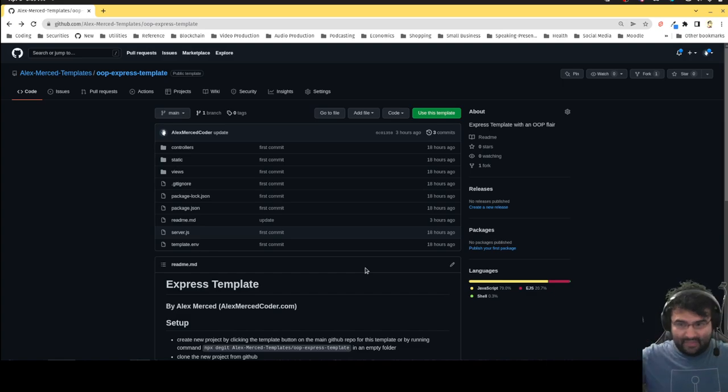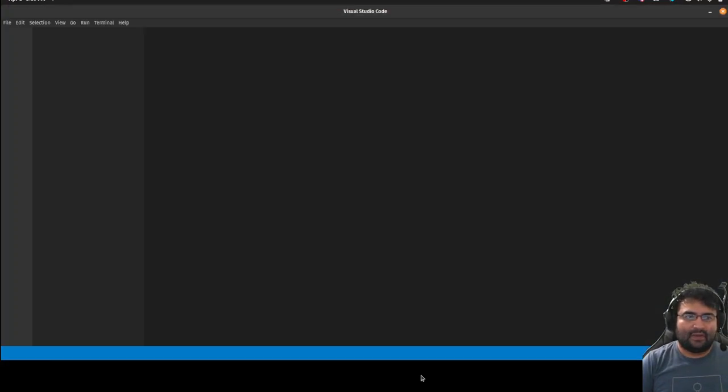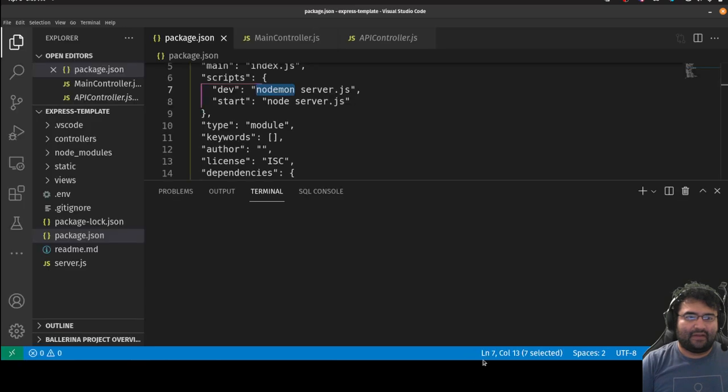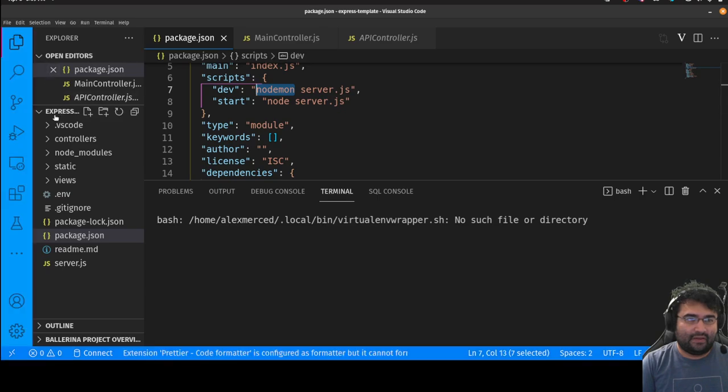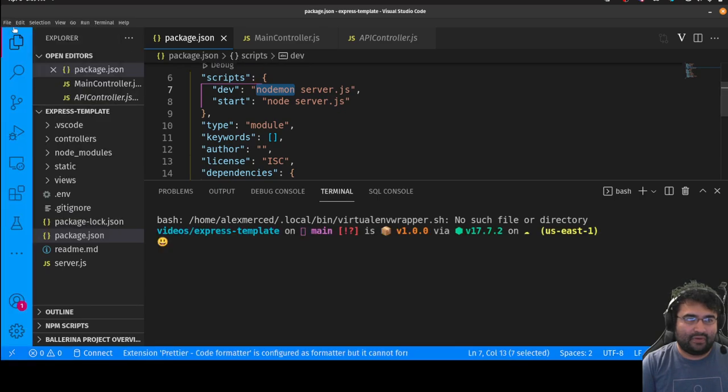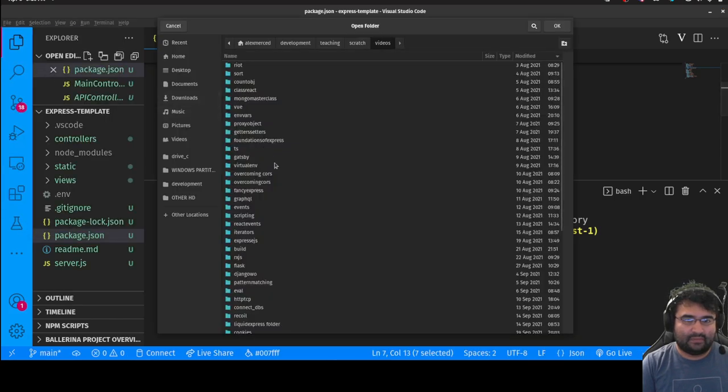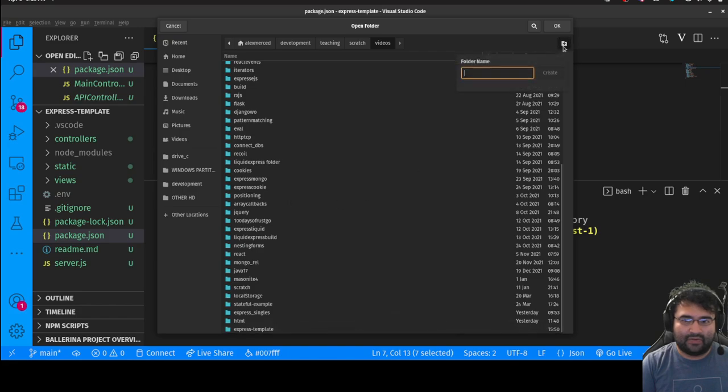The other way you can do this, generally the way I use a lot of these templates, because then I want to skip the whole step of having to clone the repository, is I'll open up VS Code. So I'm going to give VS Code a second to open up. Okay. What folder am I in here? Let's open a fresh folder. Open folder. Okay, and we'll call this Express Template 2,